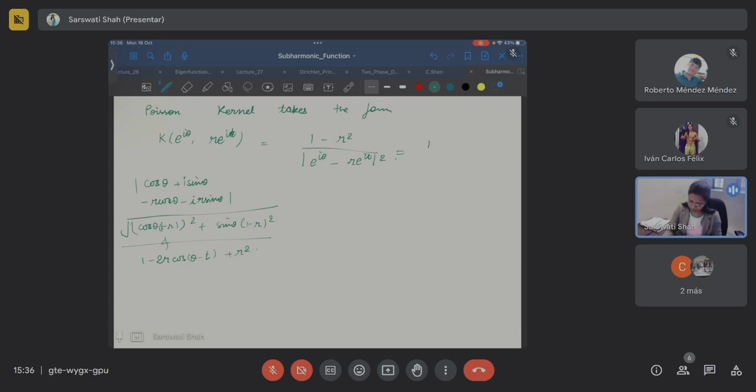So this can be written as 1 minus r square over